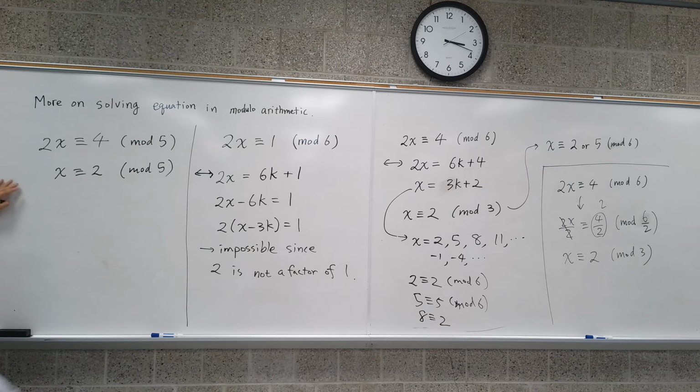Now, since I did this without really showing you why, I didn't prove why, so let's try to get the same answer a different way. How do we solve this again? What do I multiply both sides by to solve this? 3, right? If you multiply by 3 both sides,